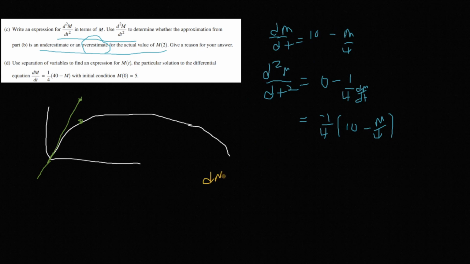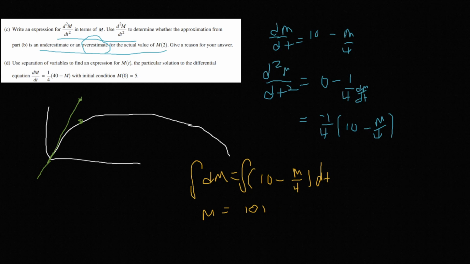So dm is equal to the quantity (10 minus m) over 4 times dt, multiplying both sides by dt here. Then we're going to integrate both sides. And so this is going to be m is equal to 10m minus,